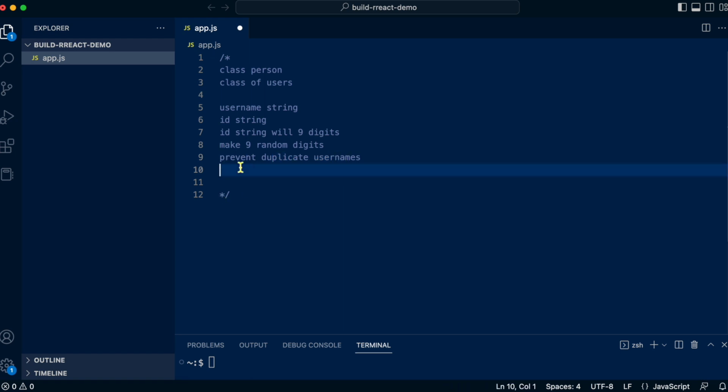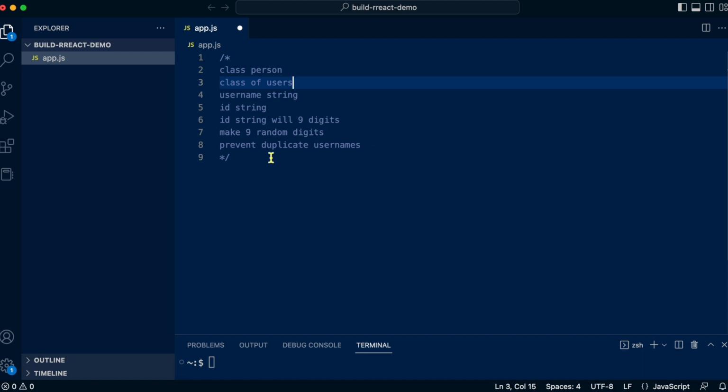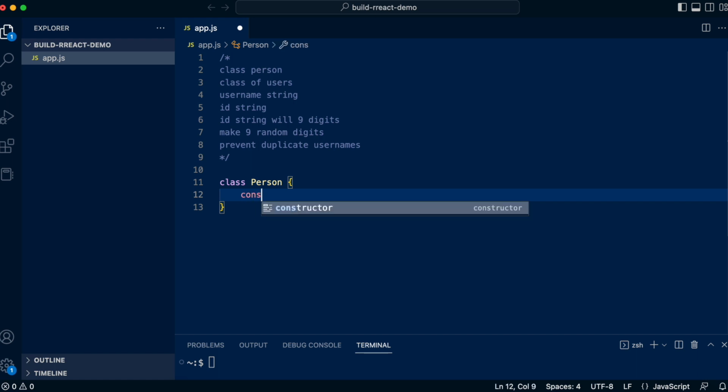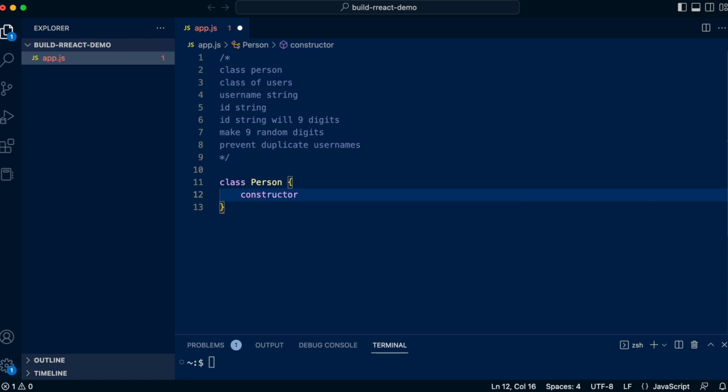Besides that, I think we'll get started with coding this, and the first thing we'll do is quickly go over some of the back-end boilerplate we'll have. So the first thing we'll do is create a class of person. This is how you can create a class in JavaScript, and we'll give it a constructor, and the constructor will take a username,